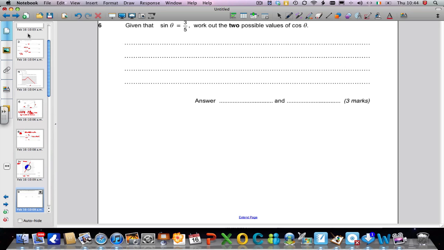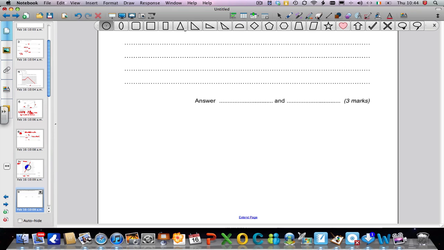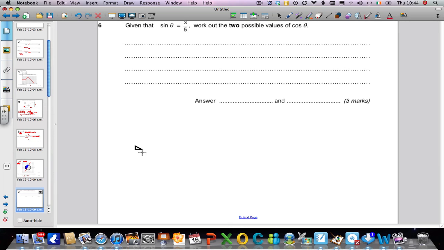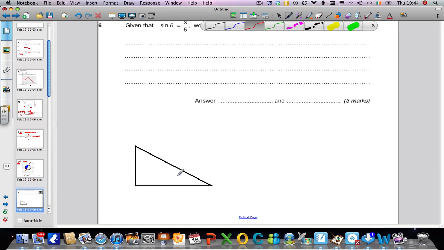Okay, question 6. We're told that sine of theta is 3 over 5, and we're asked to work out two possible values of cosine theta. I'm just going to sketch a right angle triangle really quickly, with an angle theta, and we're told sine theta